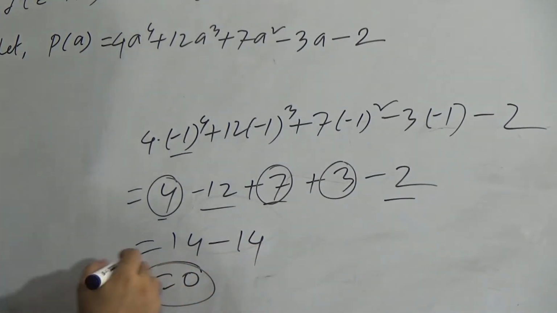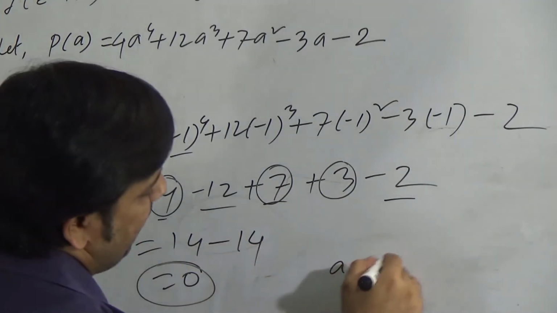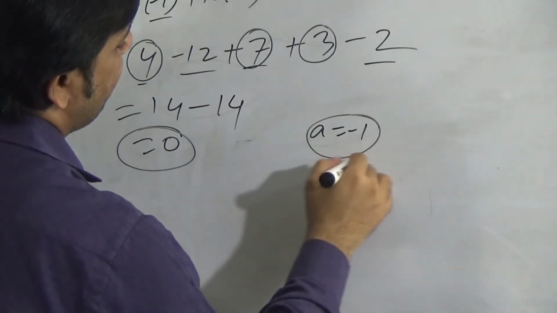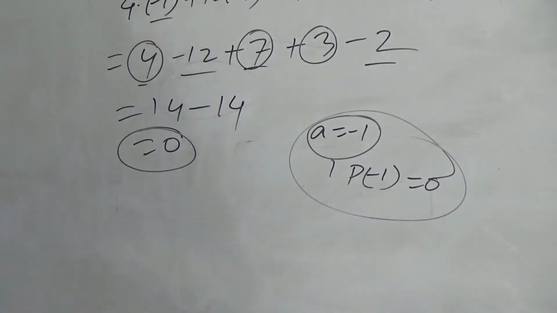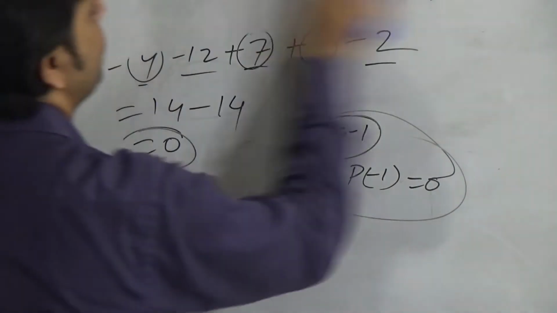It means that if we consider a equal to minus 1, then P of minus 1 will be equal to 0. So we have to take the value of a, that is minus 1. So we can consider here minus 1. We can write here